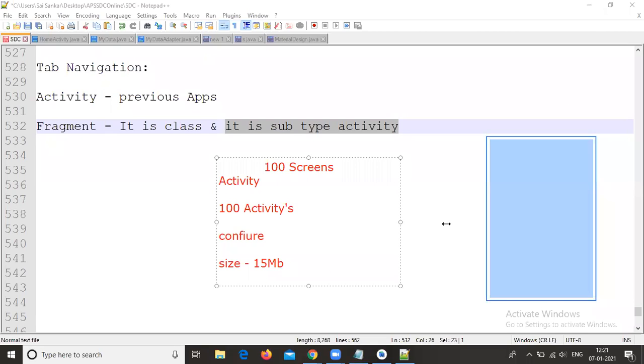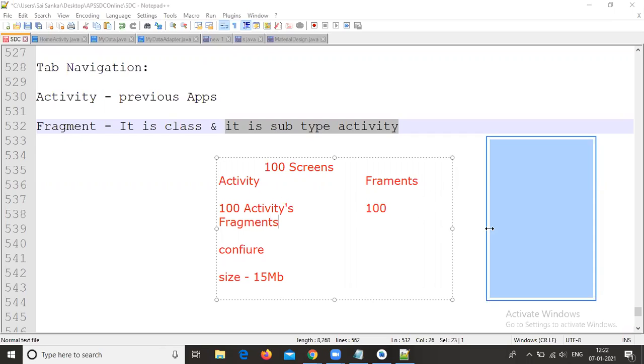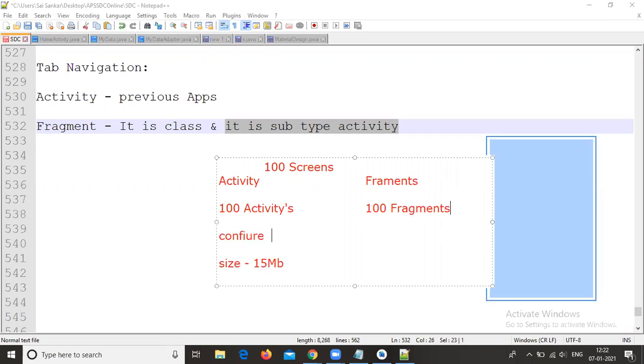In the same way, if you want to develop these 100 screens with the help of fragments, we need to create 100 fragments, and here there is no need to configure anything in your manifest.xml file.